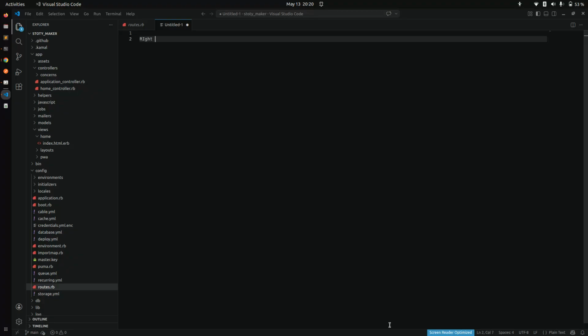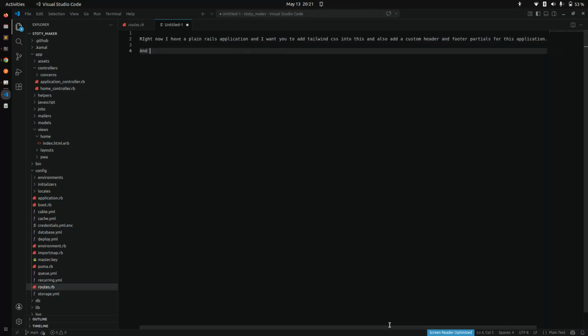Right now I have a plain Rails application and I want you to add Tailwind CSS into this, and also add a custom header and footer partial for this application